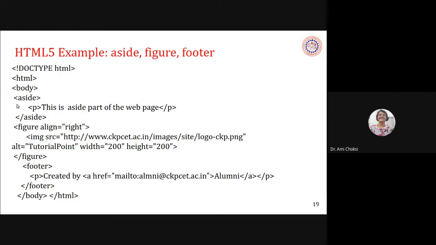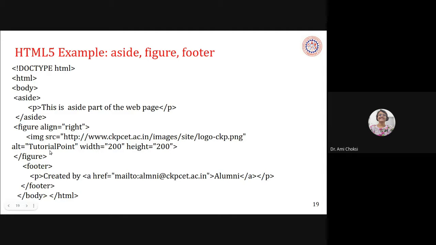So let's see the aside. Let's say we have a p tag: this is aside part of the web page. Then for figure, we can say figure align right, img source. That is what we use in our HTML4 also. So img source is equal to whatever is the image file's path. That's what we have put here.